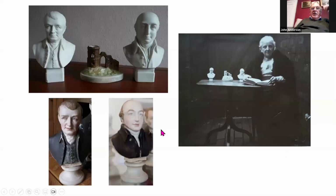But the next one I want to look at is these portrait busts produced by Hewitt and Leadbeater. So if we move on to the next slide. You have two portrait busts of Bourne and Clowes, and the maker's name is H and L, which is